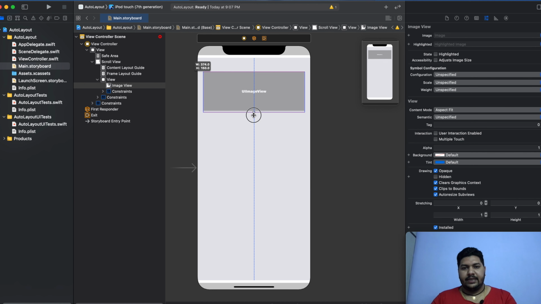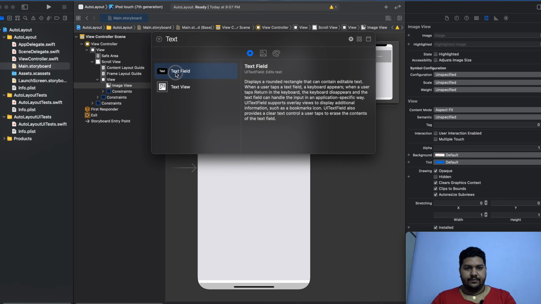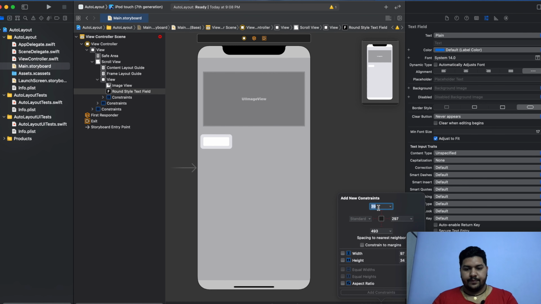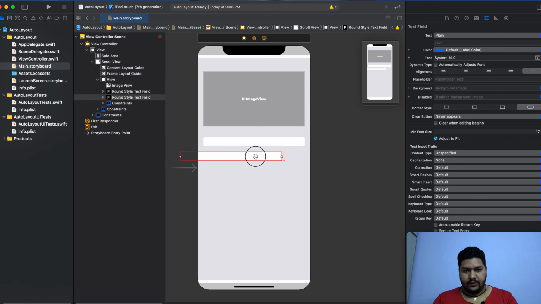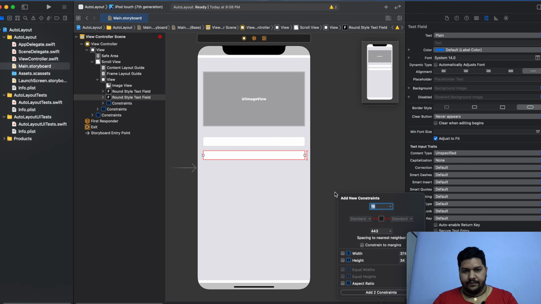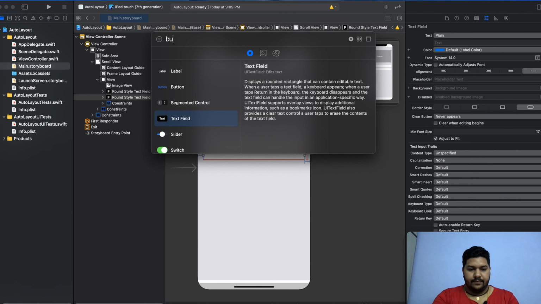Okay, now the main thing is height, how you can set it for this design. One more thing, I'm going to take a text field. I'm going to take the constraints 20, 20, 20 and height we can say 55. Okay, now I have set the constraint. Now the second constraint over here, and same for this: 20, 20, from top 20 and from bottom.